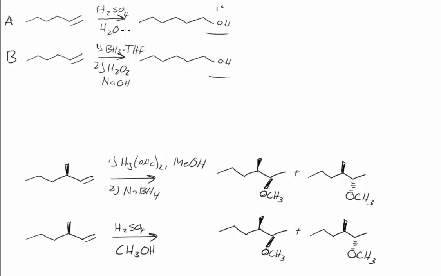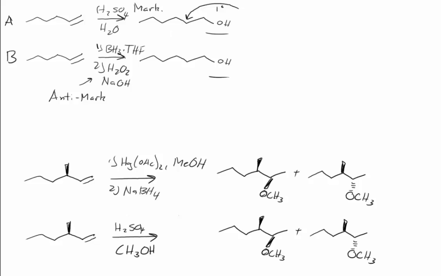and we have two options. We have H2SO4 and water, or we have BH3 THF and peroxide and NaOH. So we have hydroboration oxidation versus simply the acid-catalyzed hydration. And it's important to remember then that the hydroboration oxidation gives us anti-Markovnikov addition. And the major product up here is Markovnikov addition of water,